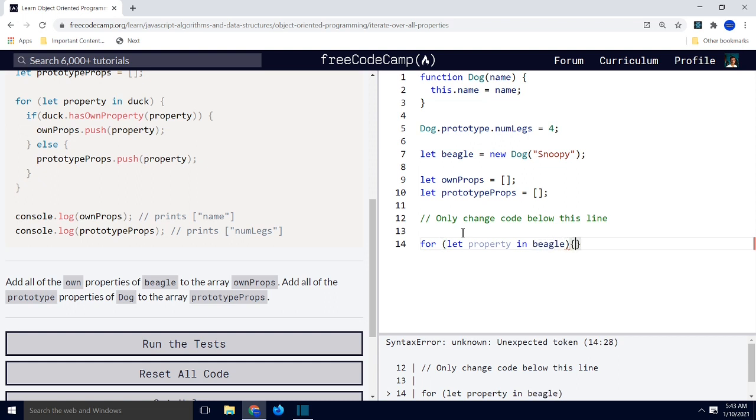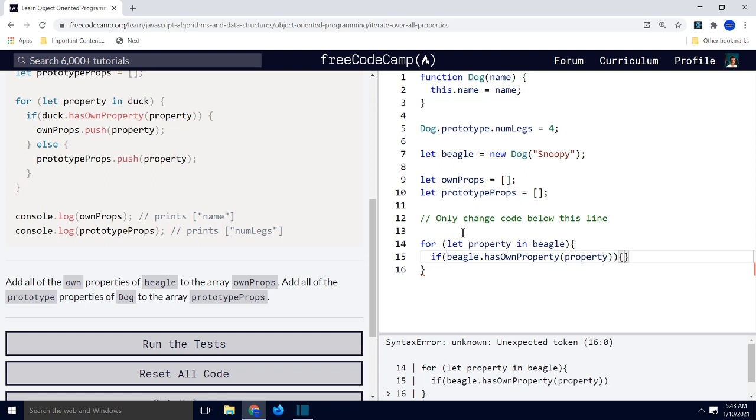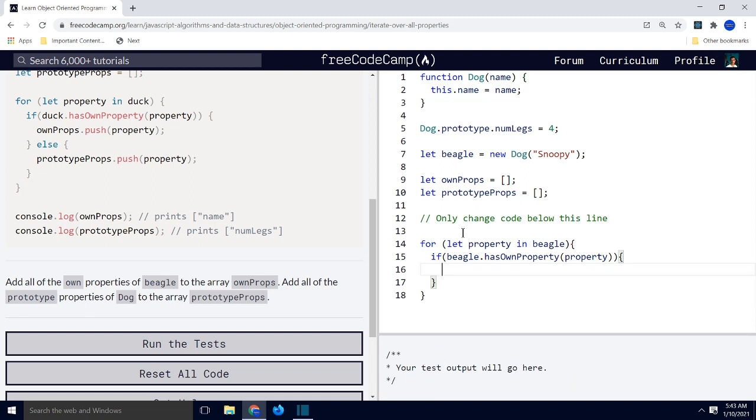At this point we check if beagle hasOwnProperty(property), and if it has its own property, we'll check for each property. So if it has its own property, then we will put this into ownProps, right,